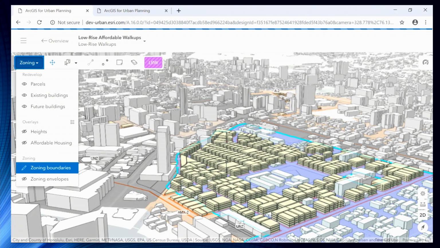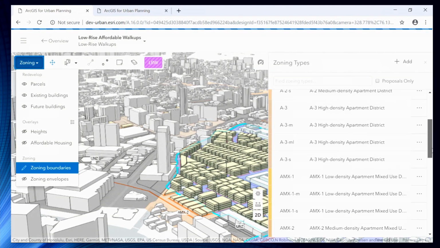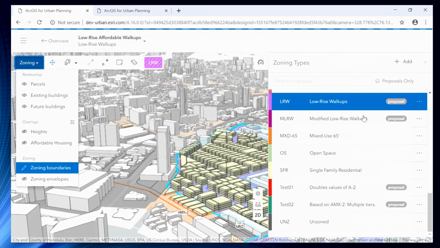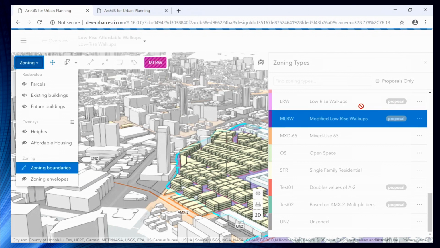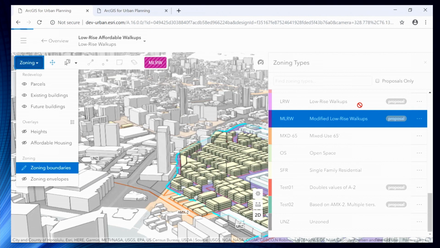Now, when we did this, we used some other zoning rules. What we're doing here is we modified the low-rise walk-up, and we doubled the size of the setbacks, and what you'll see is a little reduction in the density. But when we showed this to the planners, their eyes got big. They said, wow, we can evaluate all these zoning proposals, and we showed them other extreme examples like using downtown building codes. And they got all excited.